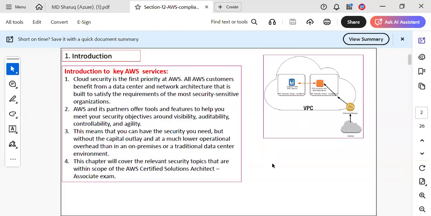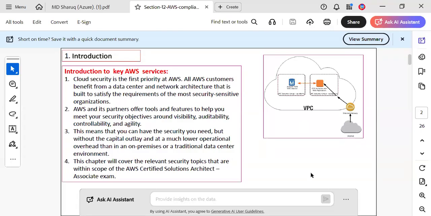Each organization has got their IT governance. IT governance will have some policies and procedures to follow the information technology practices. These are called IT governance policies. Within those policies, they have security policies also. Those security policies need to be implemented when they acquire the access of the AWS cloud.